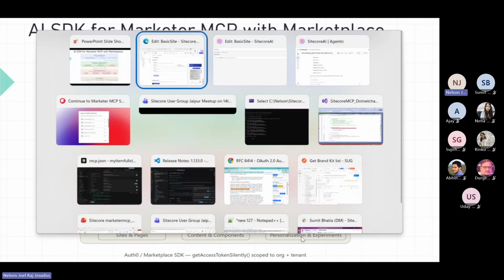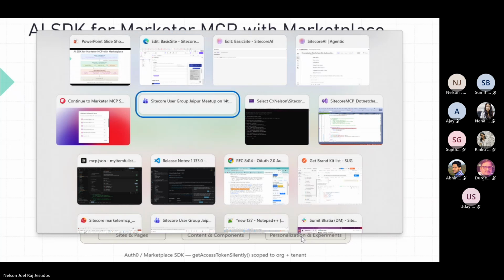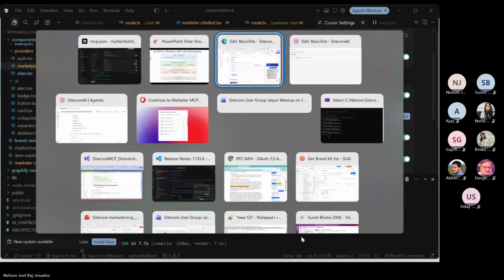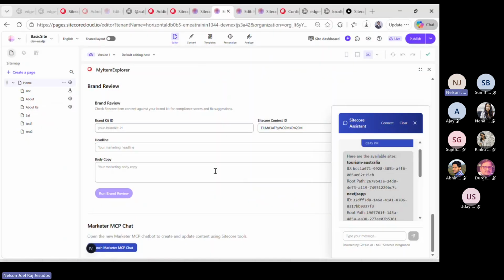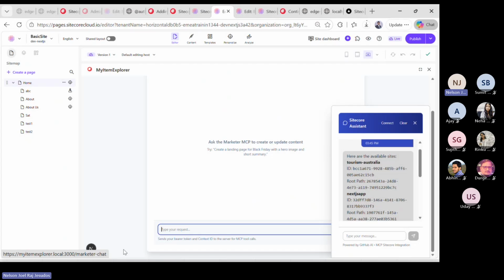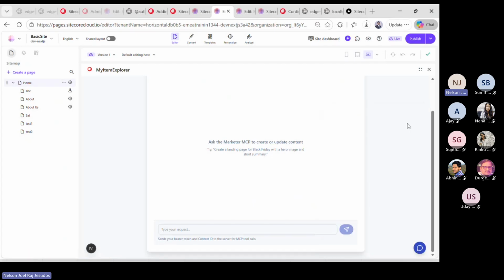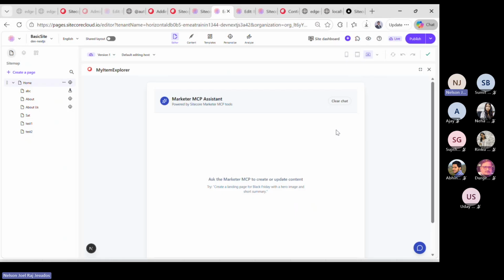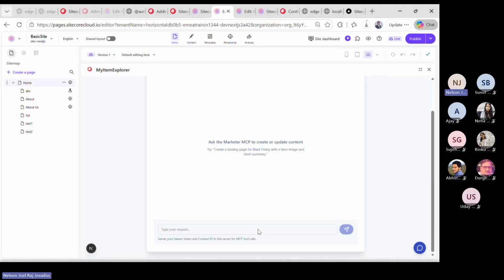Okay, now let me go back here. Okay, now when I click this button again, you could see this immediately opened the default thing, because this doesn't need a pop-up, which I mentioned already. The bearer token is already there in the Marketplace app. Technically, I got my context ID, and from there, if I just say list all the sites again,